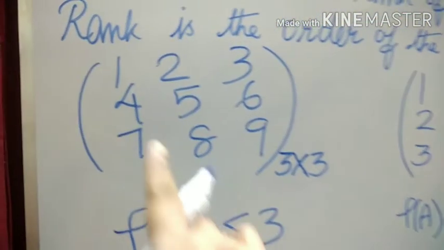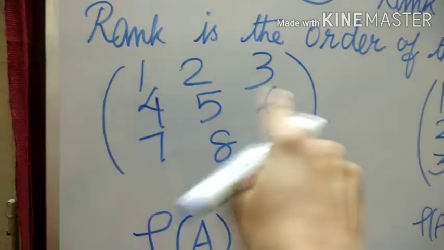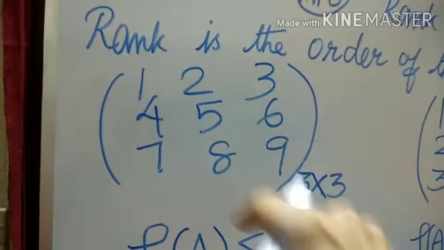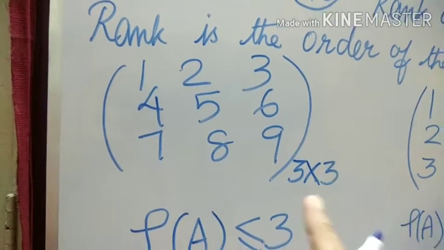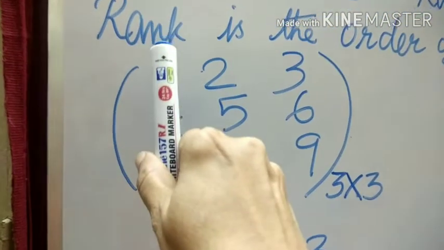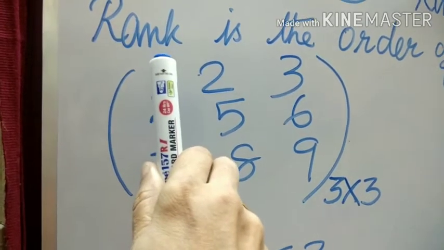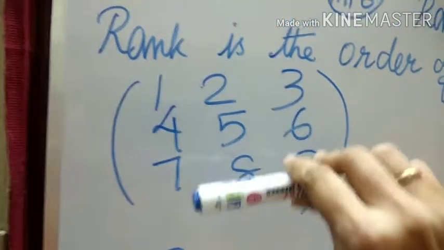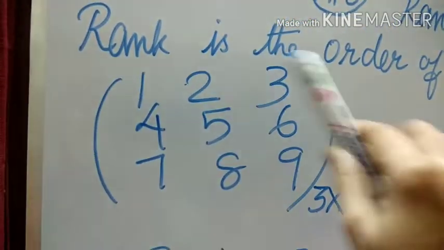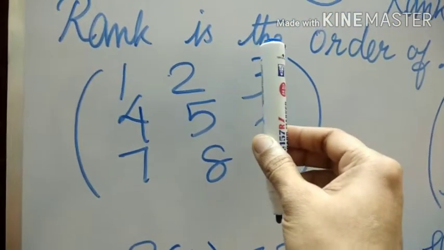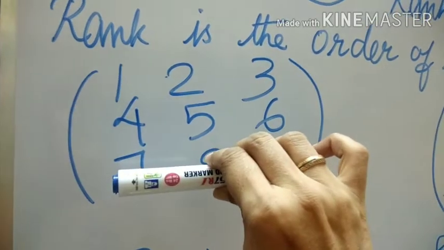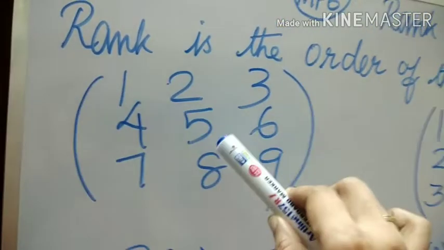See, this is a 3 by 3 matrix. There are 3 rows and 3 columns, which I call a 3 by 3 matrix. Minor means as I hide a row, what I get I can call a minor. Hide a row, hide a column. So 2, 3, 5, 6 is a minor. Another example, I can hide 3, 6, 9 and 7, 8, 9. 1, 2, 4, 5 is also a minor.